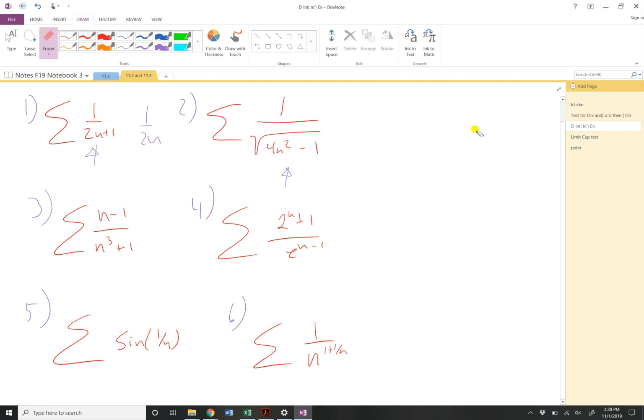It's the same thing. Some people said 1 over 2n. The question is, how do you get 1 over 2n? One of the keys is to look at the dominant terms. Look at the dominant terms in the numerator. Look at the dominant term in the denominator. And the dominant term here is this 4n squared. So that should be similar to